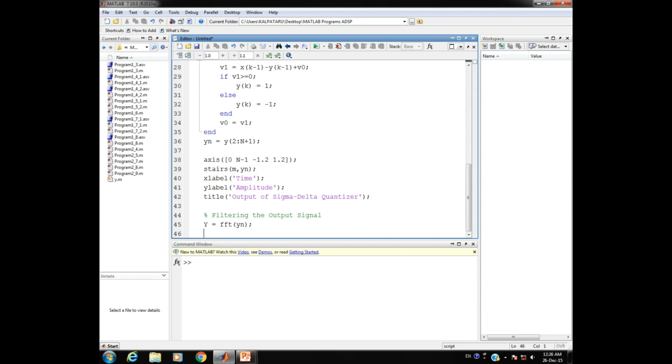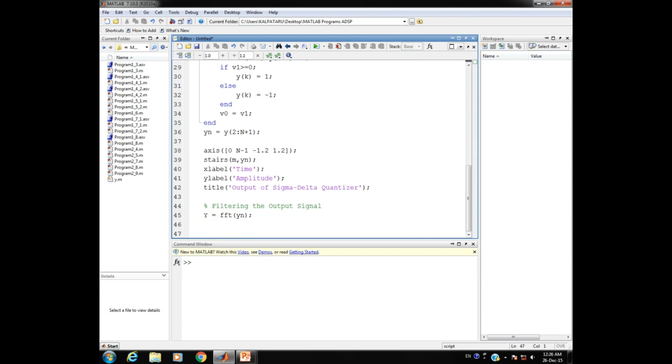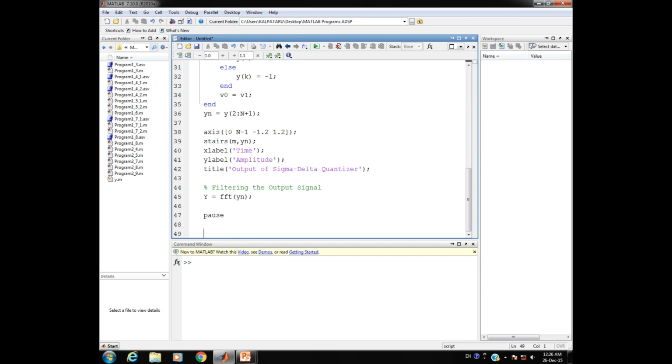After getting it transformed, let us denote it by capital Y. Then by making use of the pause keyword, we are going to display this filtered output. Just now we have the output signal transformed to the Fourier domain with the help of the FFT syntax.